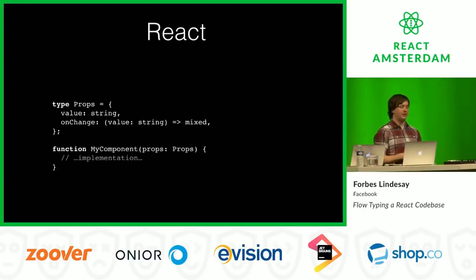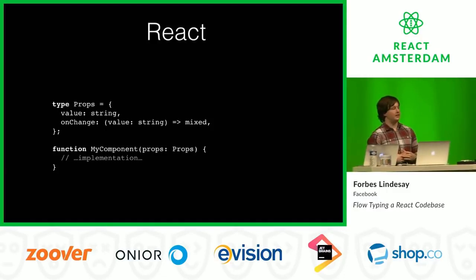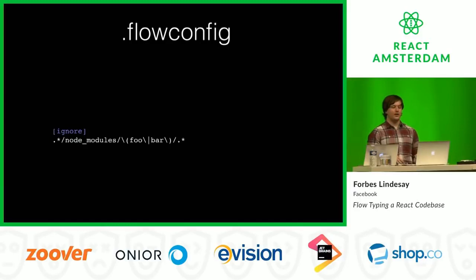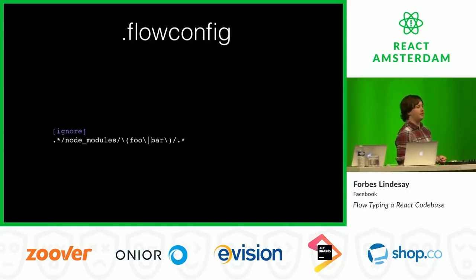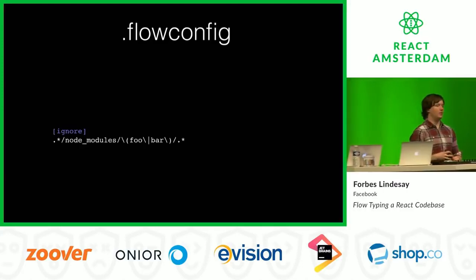Declare a type Props to declare the types of each of your props, and then use that as the type for the props argument to your functional component. Flow will also give you a flow config file. This is useful if you want to ignore any node modules. So in particular, if someone has published a module on NPM that has Flow types, but those Flow types are incorrect, then it can be useful just to ignore it and say, okay, just forget about the Flow types in this